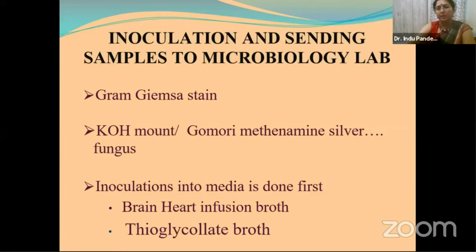So once you have the samples in hand, then and there in the OR, you are required to make 2 slides, one for Gram and one for Giemsa stain. Now, care needs to be taken while preparing the slide that you should not make it too thin because then it will lead to dispersion of the organism. But if you make it too thick, it will take up heavy stain, making the identification of the pathogen difficult.